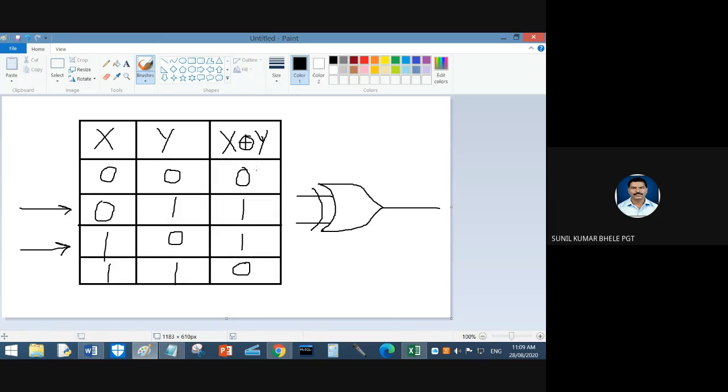The NOT symbol is not there, because in this truth table you can see that the NOT operator is not operating on these values. So in an exclusive OR gate there is no NOT symbol. You should correct this mistake. This is the symbol of exclusive OR, XOR. Because if you put a NOT gate here, then it will become exclusive NOR actually. It is an exclusive OR gate.